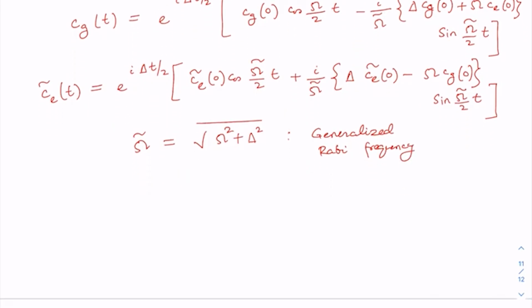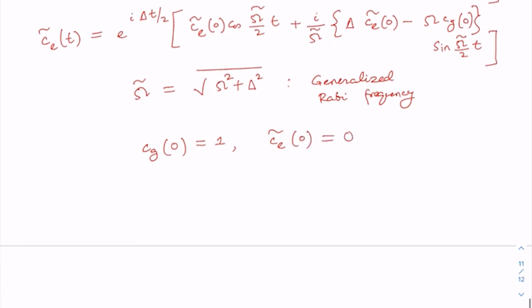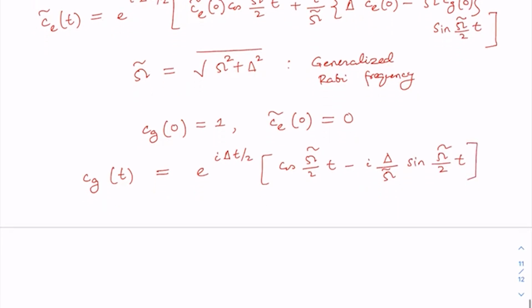Just like in the resonant case, if we assume that initially the atom is in the ground state, that means Cg at time t equal to 0 is equal to 1, and C tilde at time t equal to 0 is equal to 0, then our solution for the specific case would be Cg of t equal to e to the power i delta t by 2 cos omega tilde by 2 t minus i delta by omega tilde sine omega tilde by 2 t, and